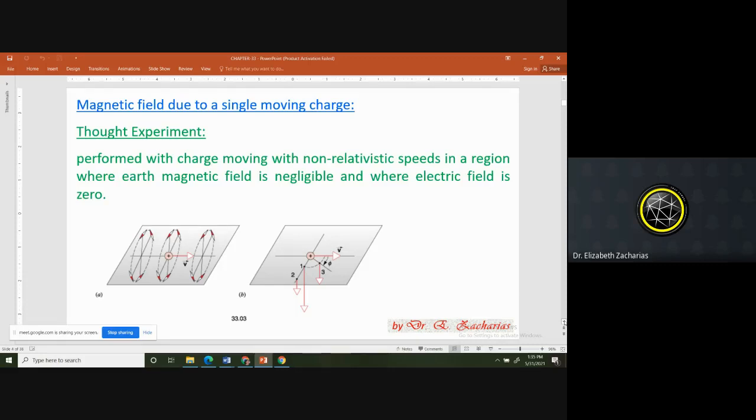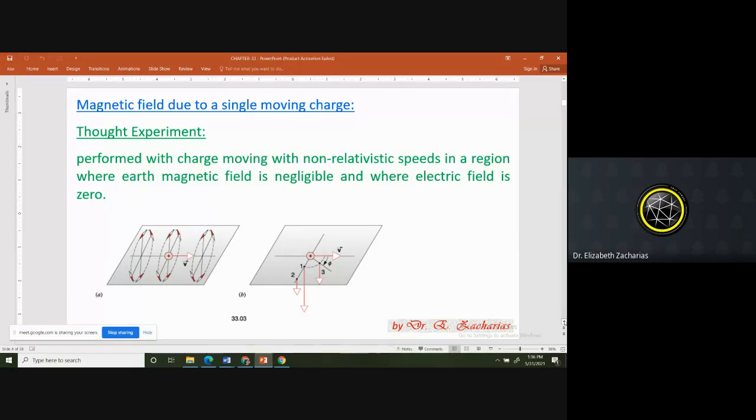Okay, so once more, like what we did in the last chapter, here also we have a thought experiment. A thought experiment is something that you can't really do in a laboratory, but you can presume that if you do this experiment, these are going to be the outcomes. Based on those outcomes, you hypothesize something, and then extend it to a bigger situation which can be experimentally tested. So that's a thought experiment.